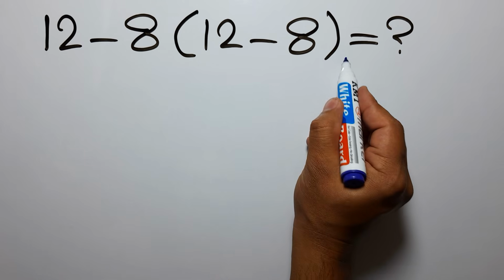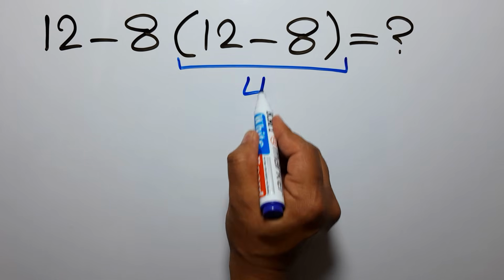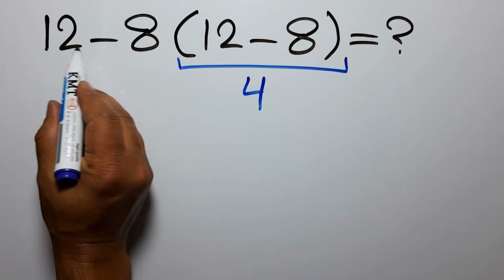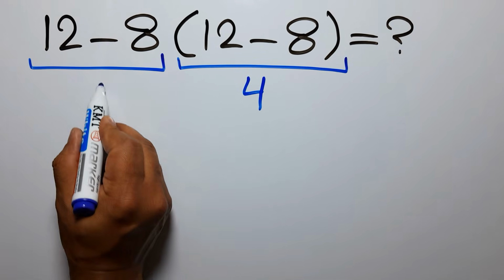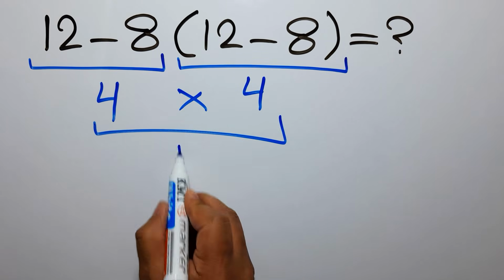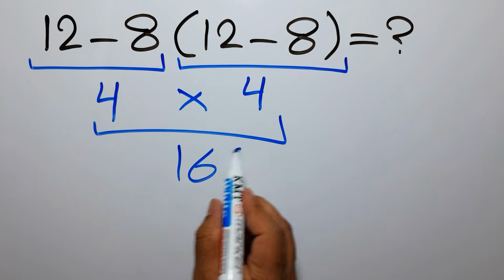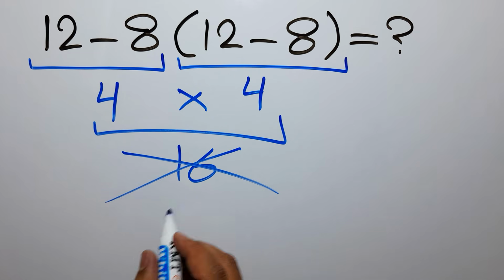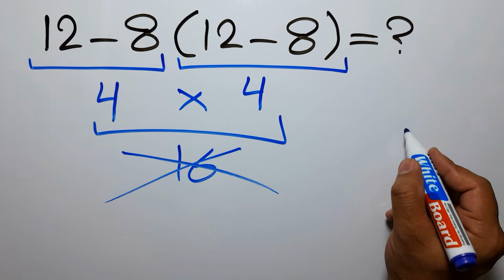12 minus 8 gives us 4. And again here we have 12 minus 8. So 4 times 4 equals 16. But this answer is not correct because according to the order of operations, which is PEMDAS,